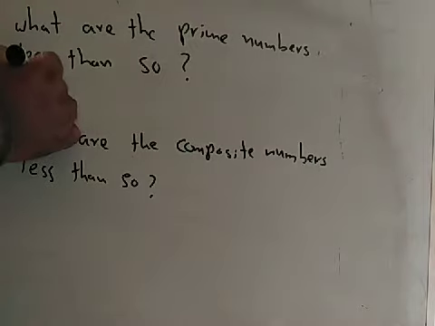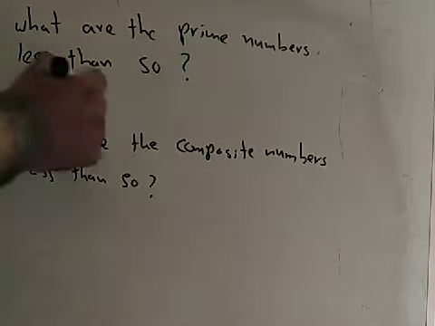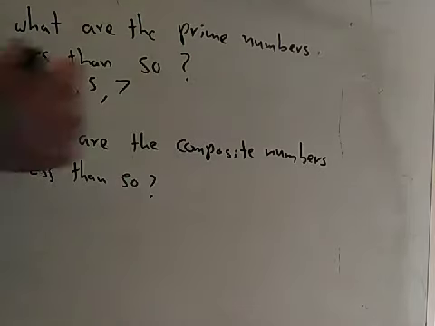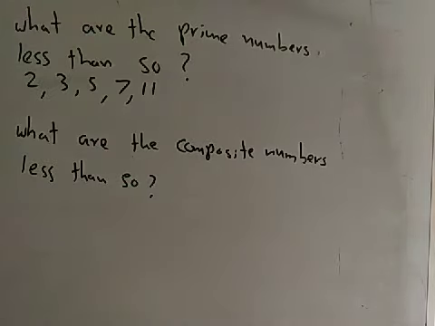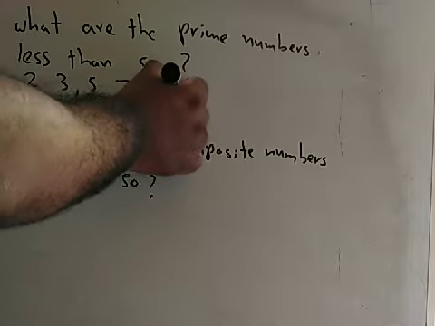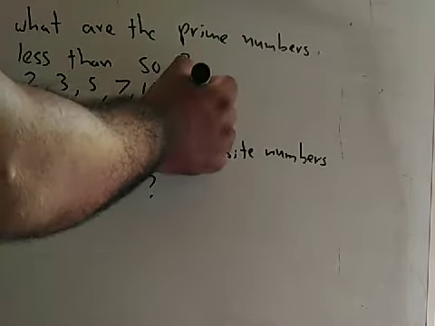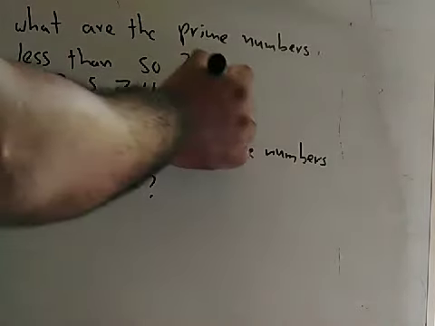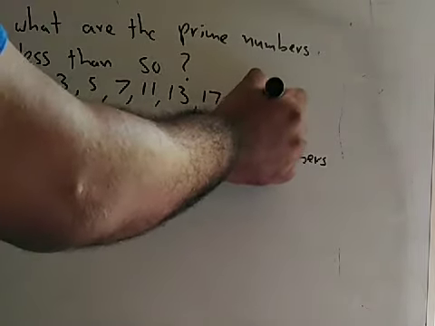The first prime number is 2. Only 1 into 2. Then 3, 1 into 3. Then 5, 1 into 5. Then 7, 1 into 7. Then after 7: 8, 9, 10, 11. 11 is also a prime number. 13 is also 1 into 13. 17 is also a prime number. 19 is also a prime number. 21, 22, 23 is a prime number.